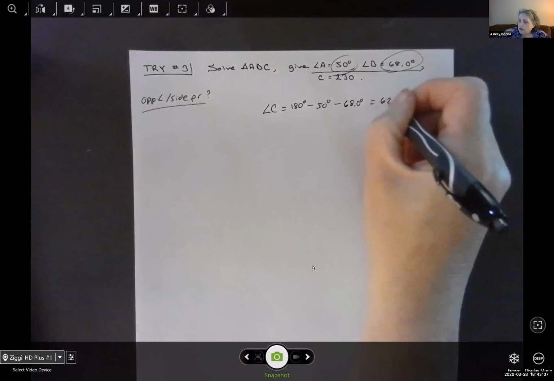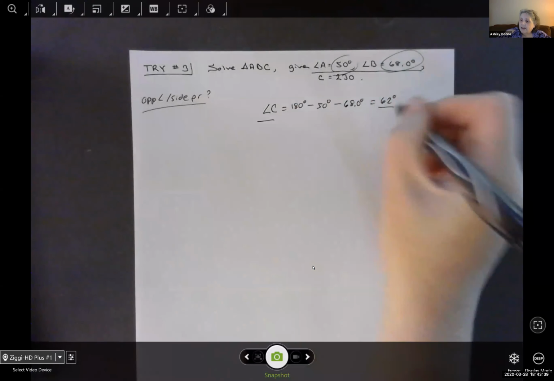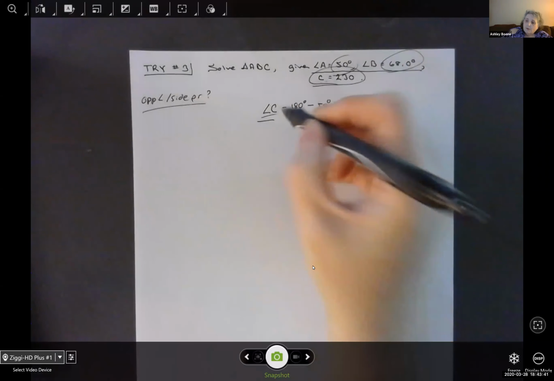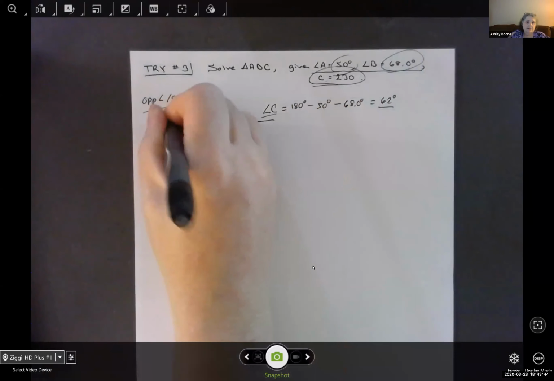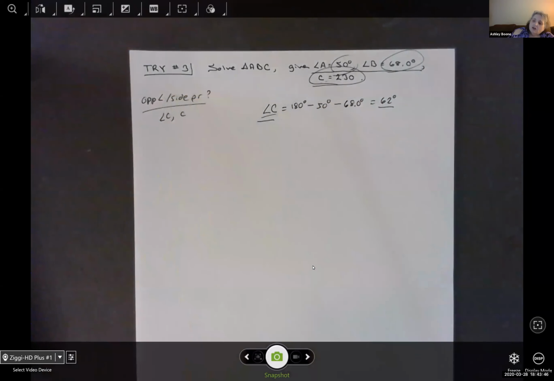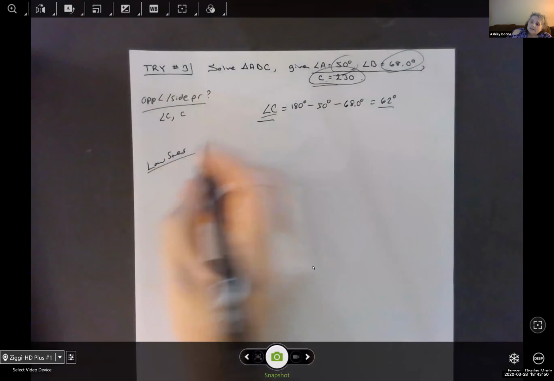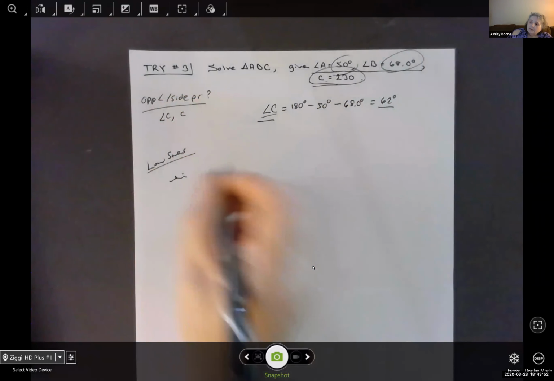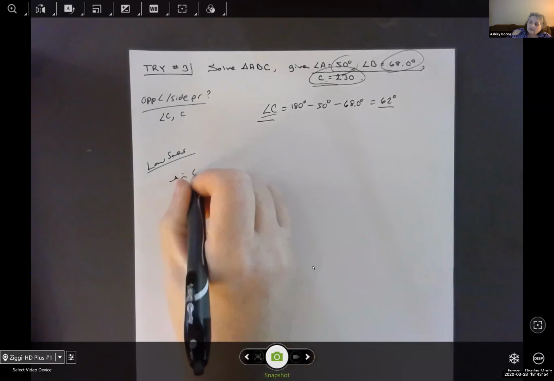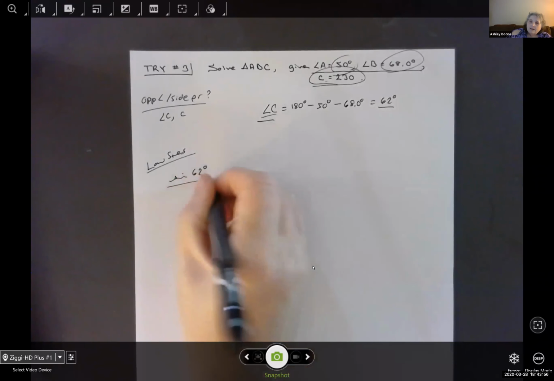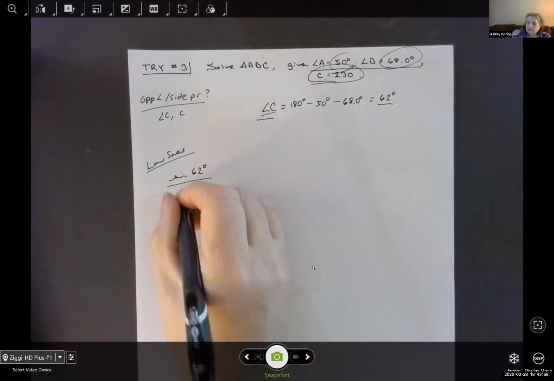So we actually know angle C is 62 degrees, and we know side C. So we have angle C and side C, okay? So we can start with our law of sines. So the sine of angle C, the sine of 62 degrees, is to side C, which was 230, as